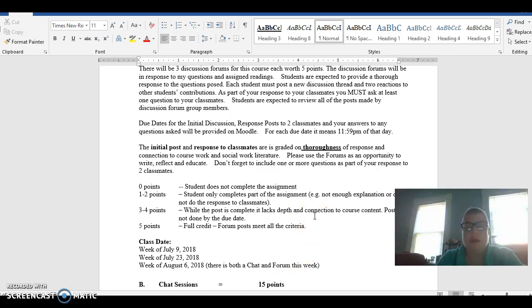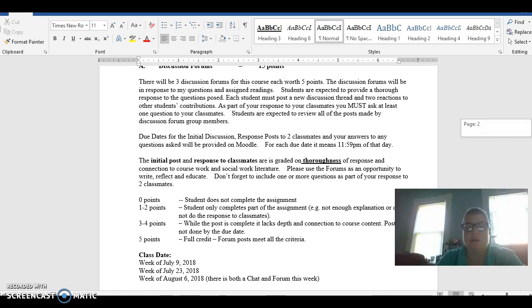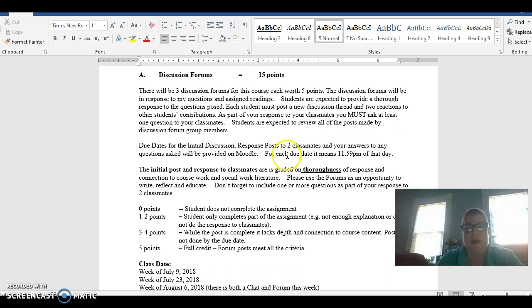I don't give word count limits on the forum. I stopped doing that last year. However, I do look at word count, and it gives me an idea of your thoroughness of the response. So if you're writing a one-sentence answer, that's not going to be considered thorough enough in your reply to the initial questions and then in your reply to your classmates. The intent of this is to engage you in the conversation of the questions, give you some time to reflect and respond, and then to create a dialogue between you and at least two classmates.